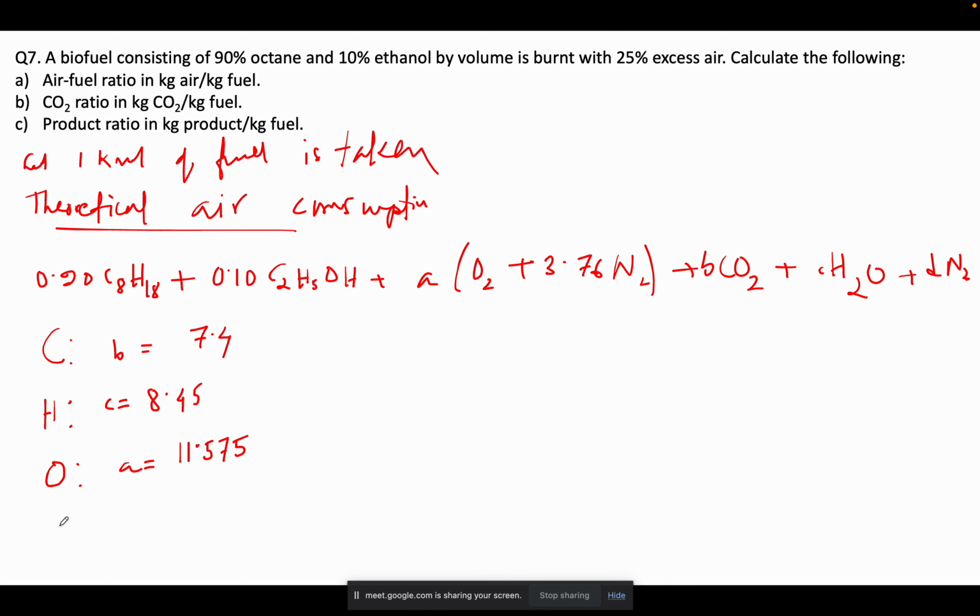And if you do nitrogen balance, you will get D is equal to 43.522. Okay. This we have already done so many times, so I am skipping this step. Now therefore for 25% excess air,